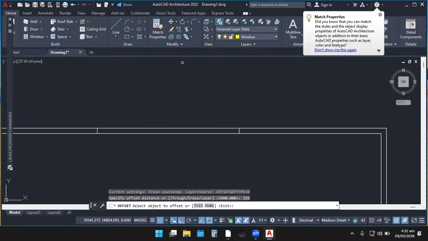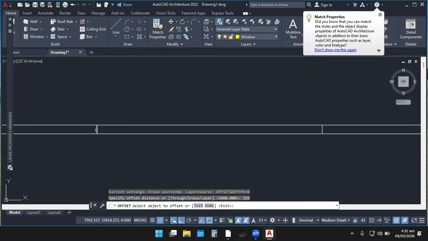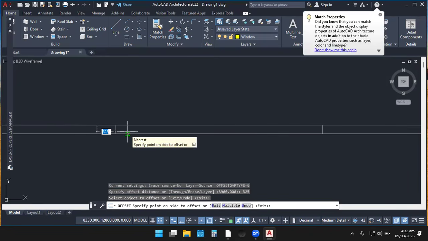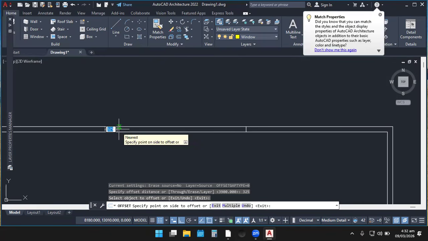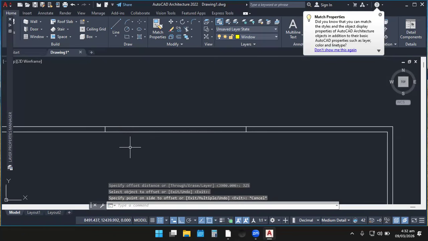Enter. Then we can offset this. It is too small. This offset is too small. The windows are going to be very, very small. So let's escape on the keyboard and use the other offset. 3,900 divided by 3, so let's use 1,300.